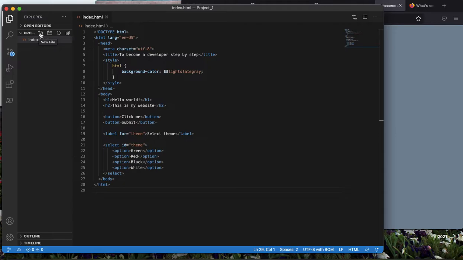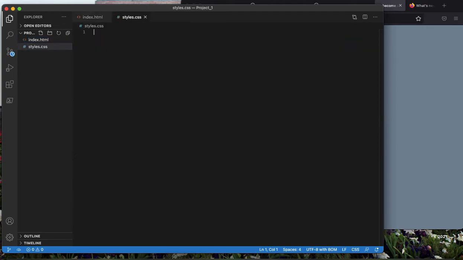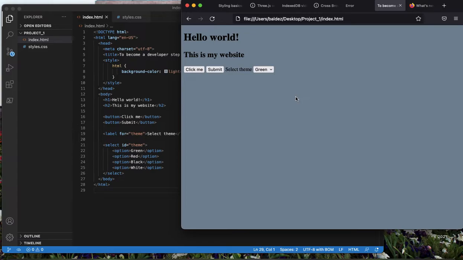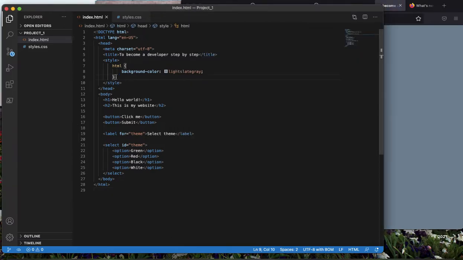First, let's create the CSS file. Let's give it the name styles. Styles.css. Yes, now we have this CSS file, and this content from here can be moved there, and still this output will be the same. Here it's the same, and if I take this